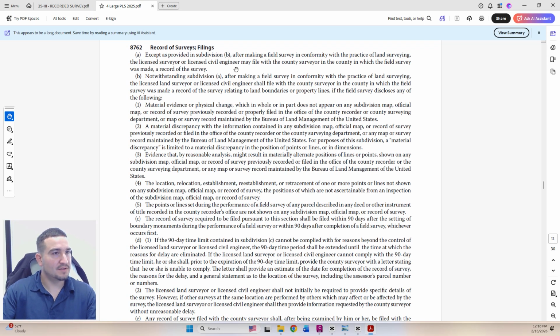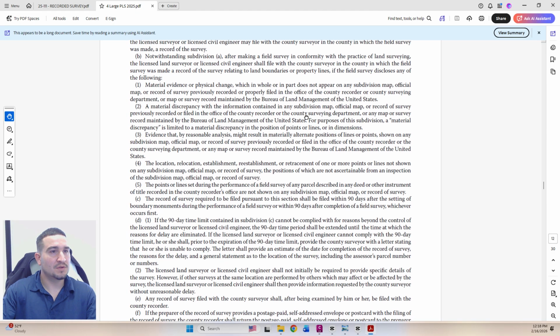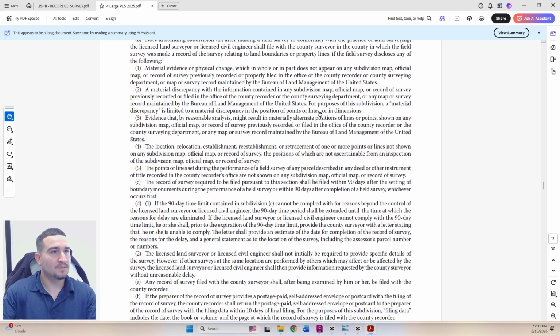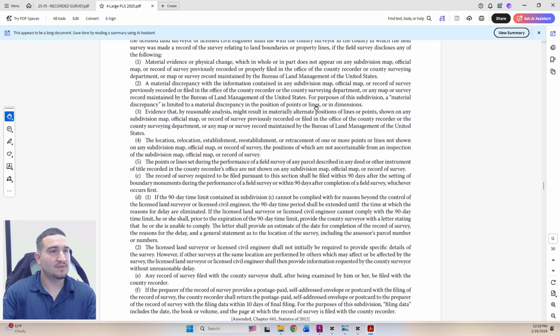Except as provided in Subdivision B, to make a field survey in conformity with the practice of land surveying, the licensed land surveyor or pre-82 licensed civil engineer may file with the county surveyor in the county in which the field survey was made a record of survey, notwithstanding Subdivision A. After making a field survey in conformity with the practices of land surveying, the licensed land surveyor or pre-82 shall file with the county surveyor in the county in which the field survey was made a record of survey